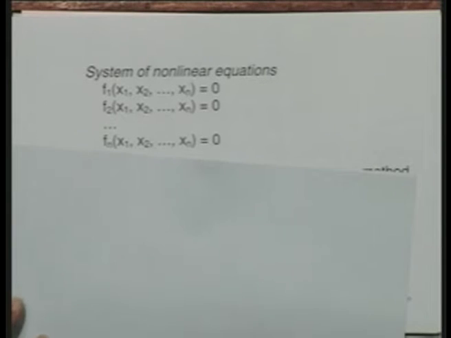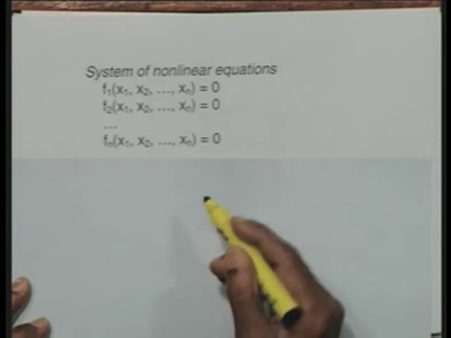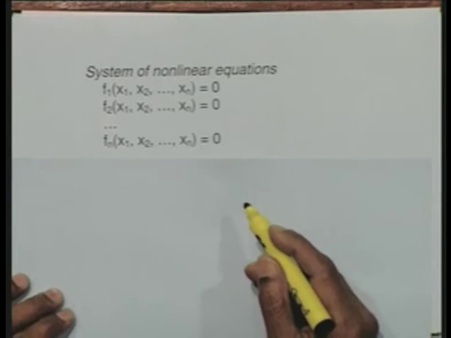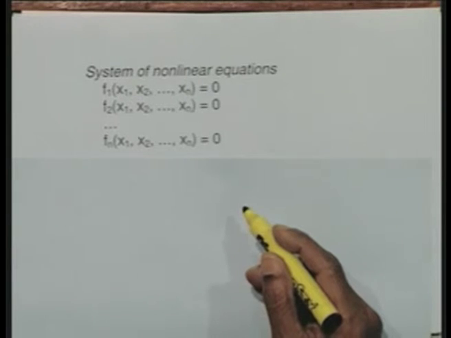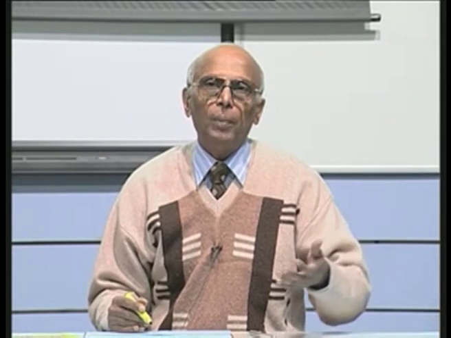So, I have got n equations in n unknowns. Now, as I said, it is not unusual to get a few lakhs of equations, particularly in finite difference methods. If you have a 3-dimensional problem, it is not difficult at all to get thousands or even a few lakhs of nonlinear equations.